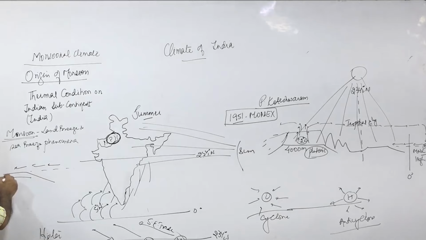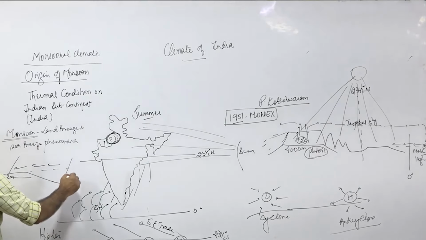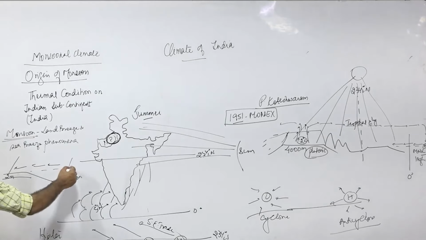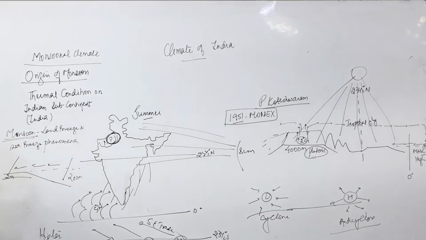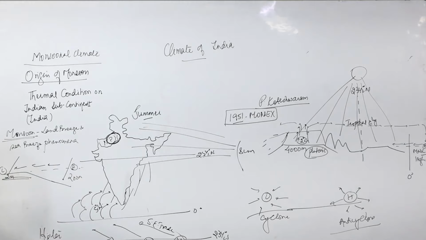Why? Land is heated faster because of more absorption of heat. The oceans also absorb heat, where sunlight penetrates up to 200 meters, so the heating of the water will be relatively lesser. So the land heats faster and there will be a low pressure center during the day, while the water heats less, so there is relatively high pressure. Wind blows from high pressure to low pressure areas. So there is a movement of wind from sea to land. कब हो रहा है? Daytime में.